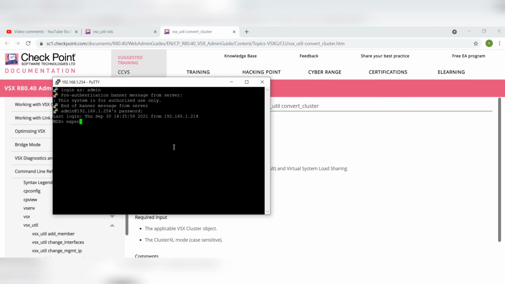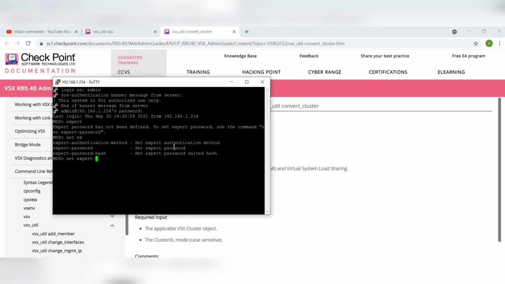Alright, let's go to the expert mode. Let's set the expert mode password. Set expert password. Let's enter the expert mode password.